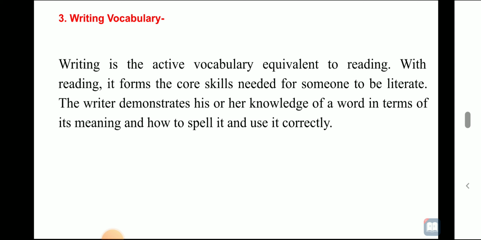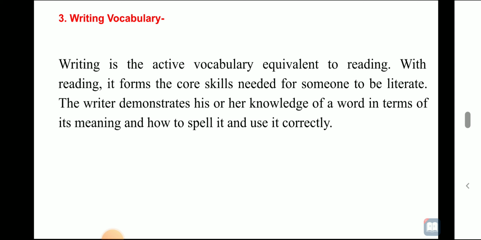Then it is writing vocabulary. How do you express your ideas in written format? It is active vocabulary, equivalent to reading. With reading, it forms the core skills needed for someone to be literate. The writer demonstrates his or her knowledge of a word in terms of its meaning and how to spell it